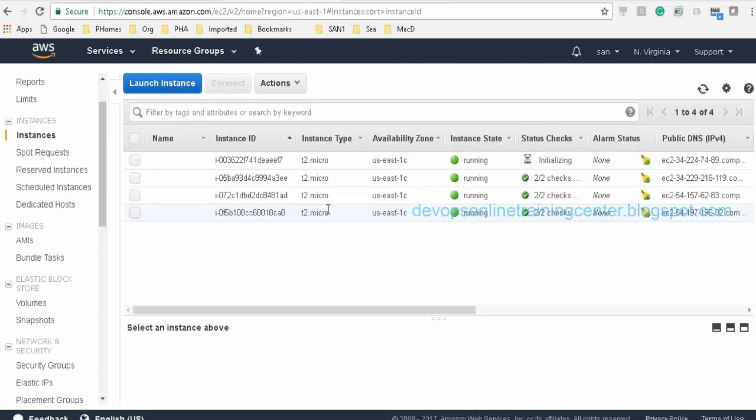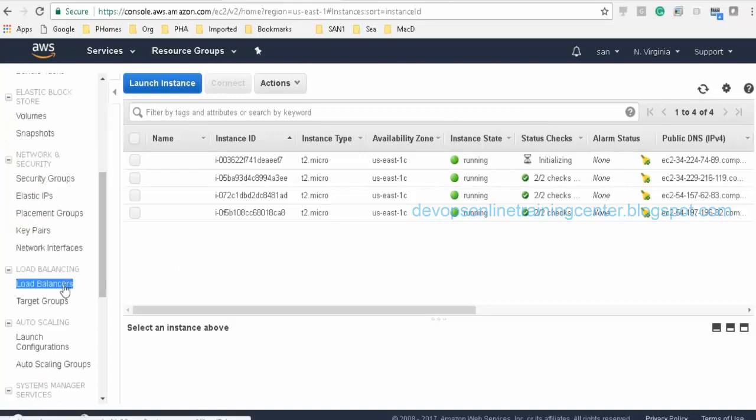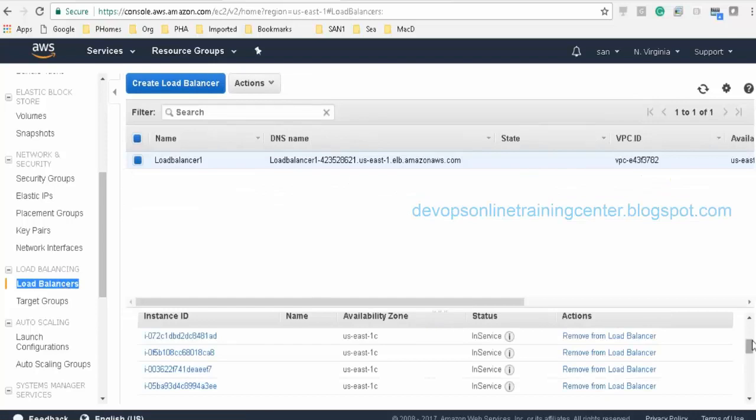Okay. So if something is going wrong, the load balancer is not responding properly, where do we start debugging? I'll go to the load balancer and look at whether all the services are up and running or not. Right. So if the load balancer is not responding, we need to go to the instances tab and see if all are in service, or if they are not in service, we need to go to the health check and see what is happening.